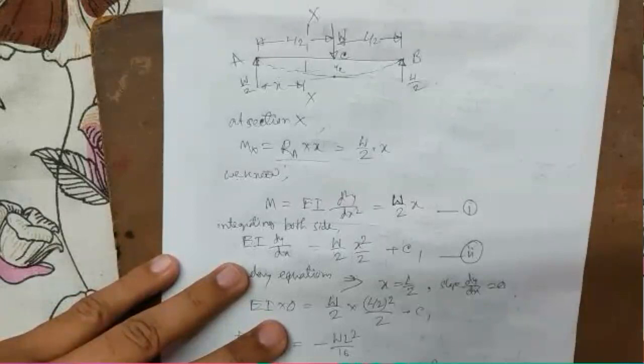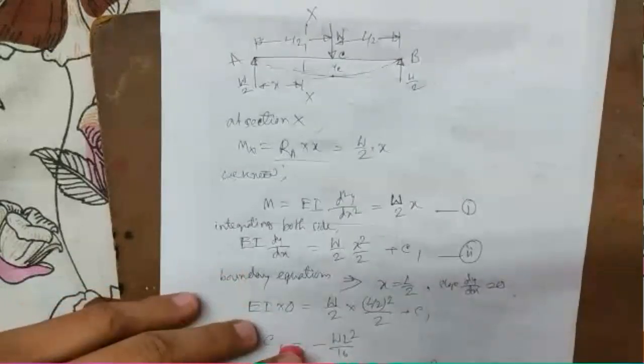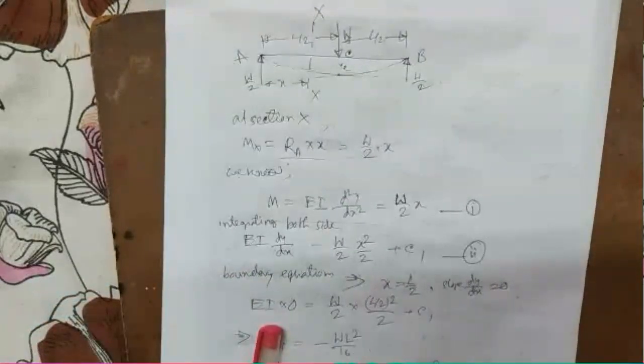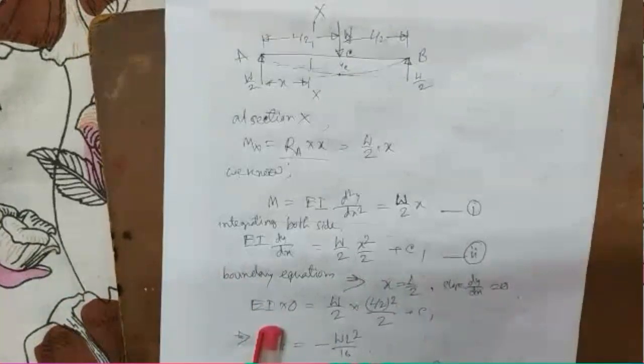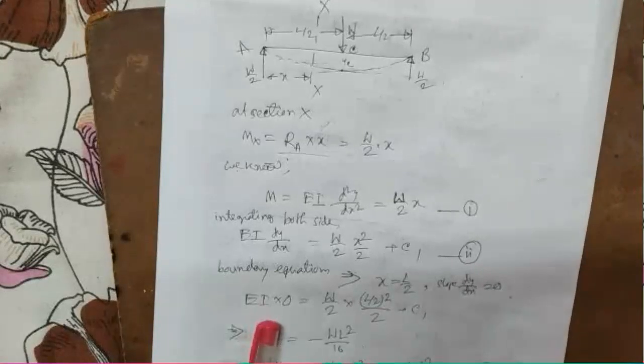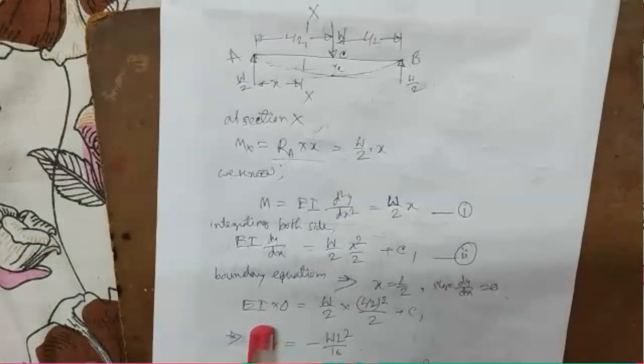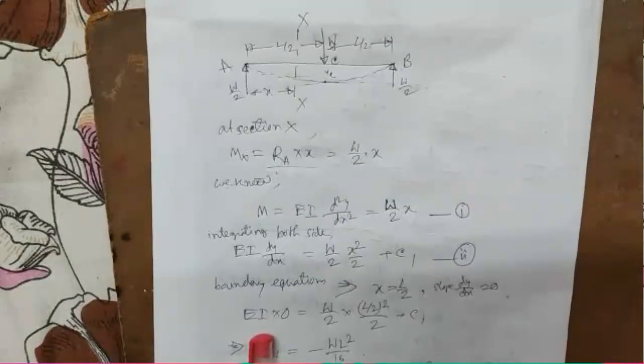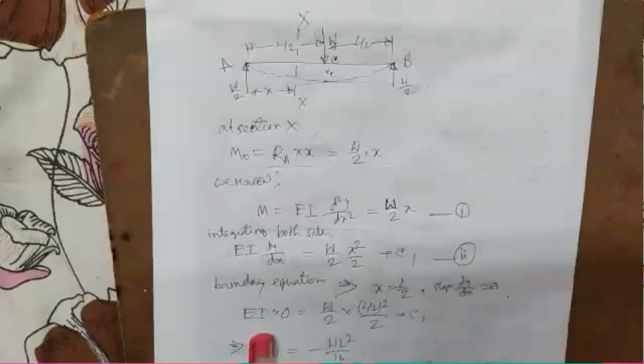This is the double integration method. Now this double integration method is easy for simple cases. As the number of forces increases, the more difficult it is going to be. That's why there are other methods that are also used. In my opinion, the Macaulay method is the easiest one, but the Macaulay method is not in your syllabus, so we will not discuss that.